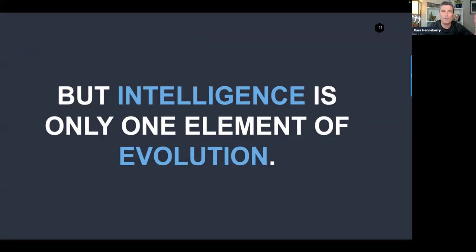But when we think about how AI is changing, it's not just in the area of it getting smarter. That is just one element of how AI is evolving. What I'm telling you is that even if these models get no smarter than they are today, which no one thinks is happening, everybody thinks that they're going to keep getting more intelligent. But let's just say for a second that they stay at the same level of intelligence, they are still going to completely disrupt business and marketing. And the reason is that there are 7 other ways that these models are continuing to evolve.